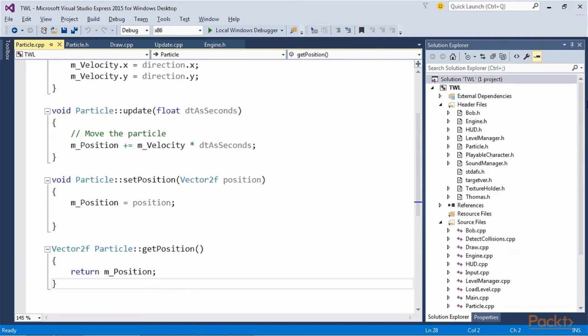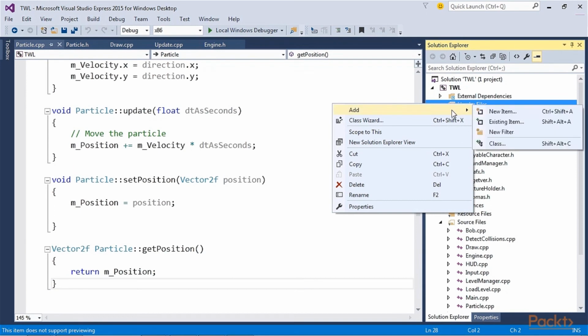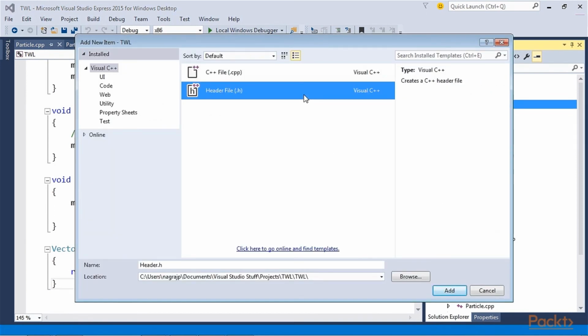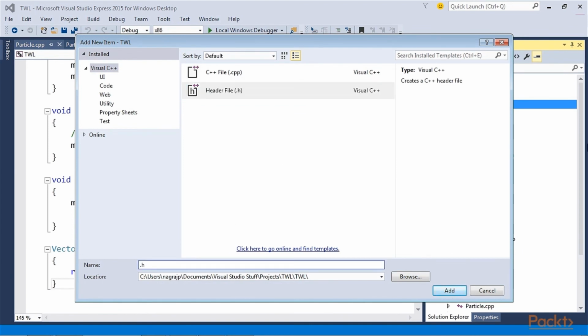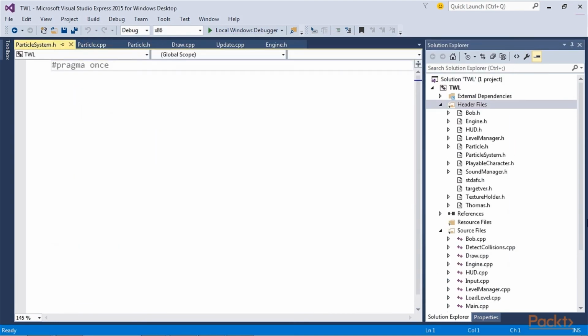So, for coding the header file for the particle system class, create a .h file as we always do. Just keep in mind the particle system class does most of the work for our particle effects. It is this class that we will create an instance of in the engine class. Name the particle system, so the name would be particlesystem.h. Click on Add once you rename it. Cool! We're now ready to code the header file for the particle system class.